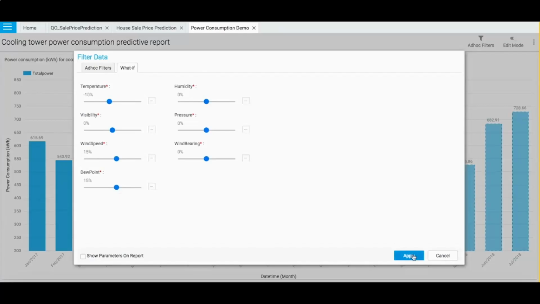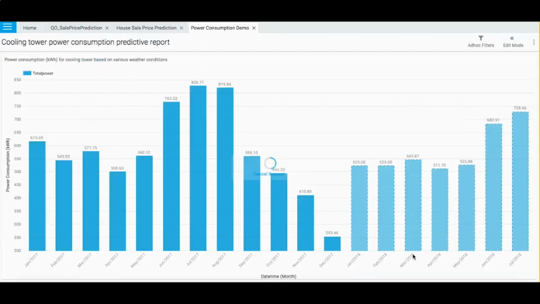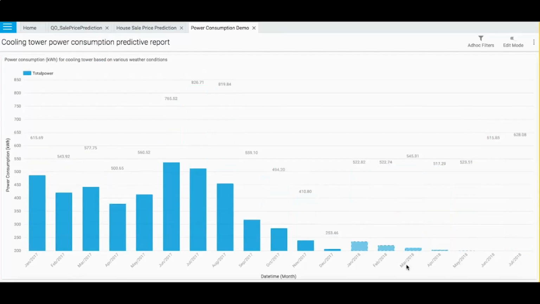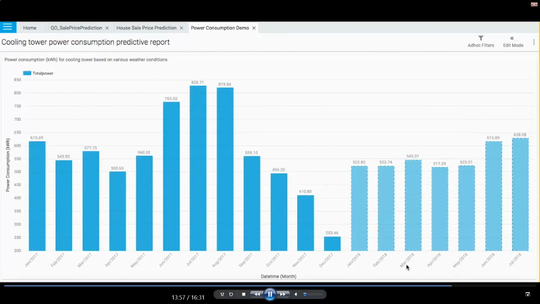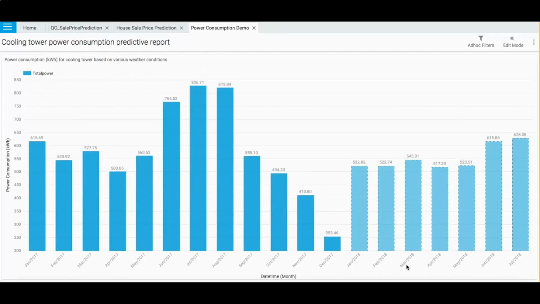So now I apply. Again, the data modeling or learning is not happening. The model is created already, and now the prediction engine has run. What we see here is that in the January-February months, where the consumption was already low, whatever changes I made did not affect much. But in the months of June and July, it affected quite drastically.